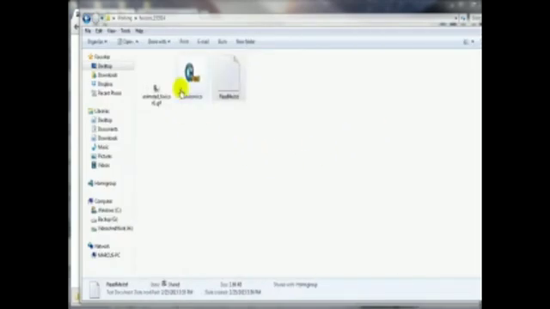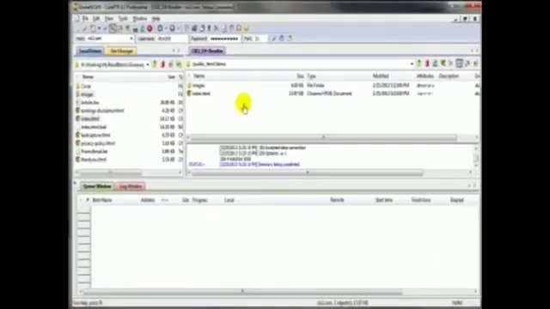Now I also need to upload this ICO file into the root directory of that domain. So I'm going to open up my FTP client. I'm going to be using Qt FTP. Now you can do the same thing with the free alternative, FileZilla, and I've already logged into the location of that root directory of that particular folder,